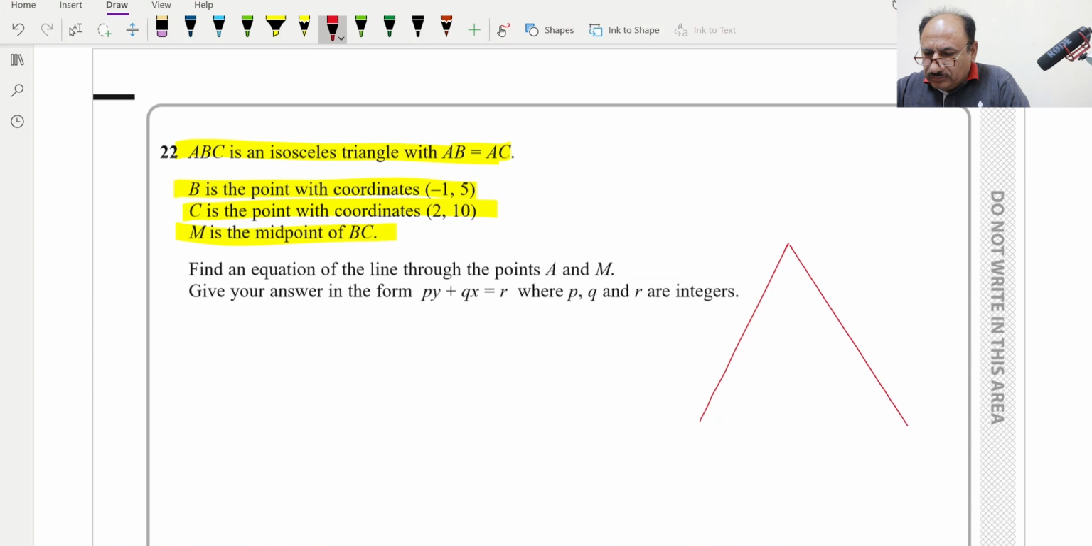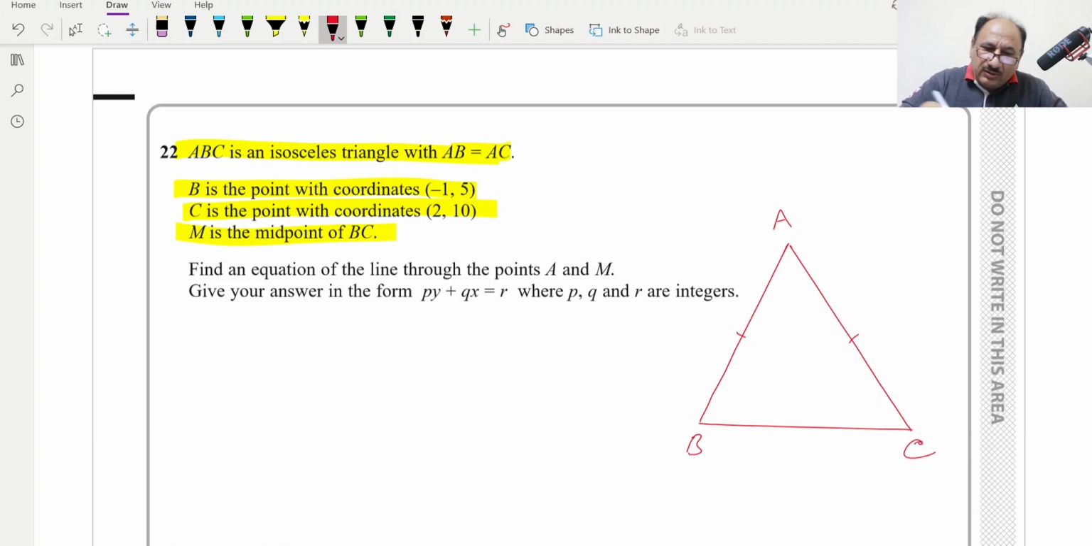So this is like a roughly equilateral triangle. So this is A, this side is equal to this one, this is B, and this is C. And coordinates, if I write the coordinates, A is not given, B is given. B is (minus 1, 5). C is given (2, 10). So we can take the midpoint, say this is the midpoint, M is the midpoint, and coordinates